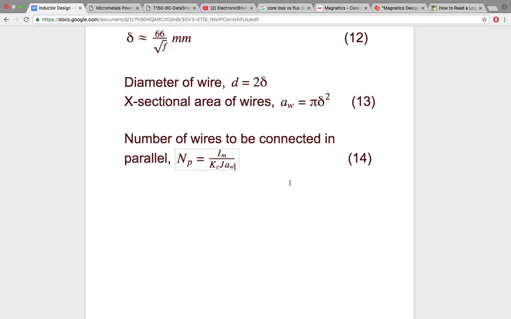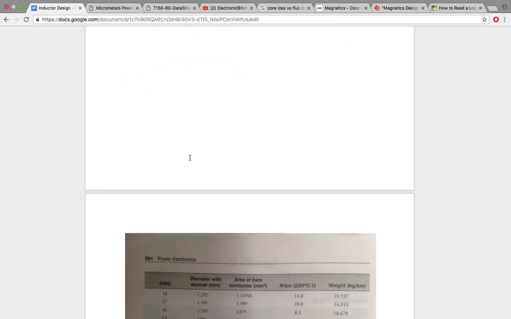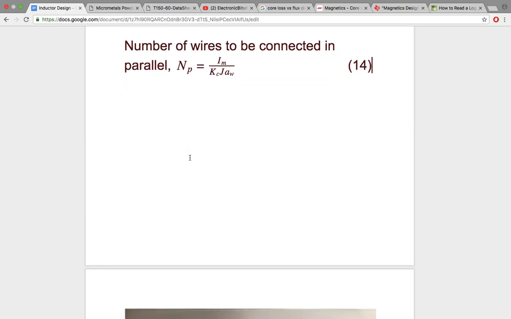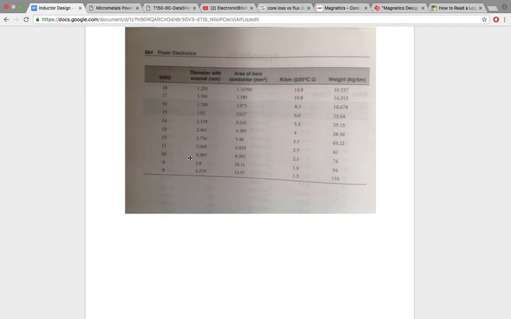by using this formula, where Im by kcj is nothing but the total cross sectional area required. If we divide by the cross sectional area of this wire, then we can get the number of wires to be connected in parallel, that is nothing but NP. Okay, so this is how we can find the cross sectional area and the suitable current rating of the wire